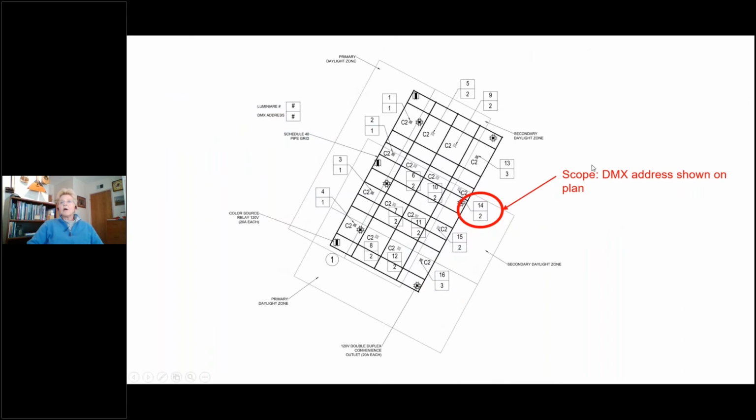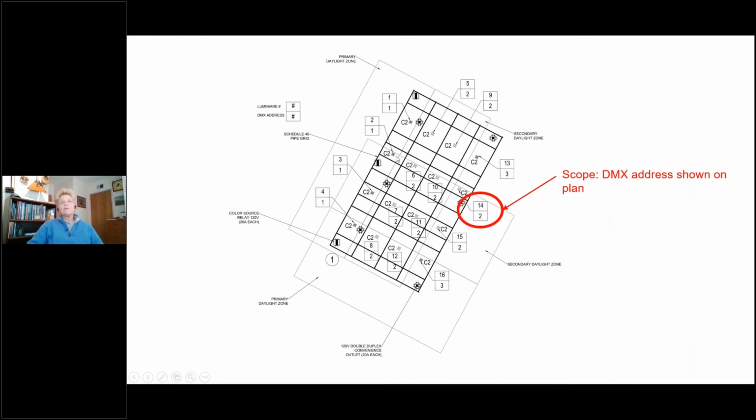And again, to isolate the DMX addresses, showing them on a plan as opposed to showing them in some sort of Excel schedule makes the whole project more visual and a lot easier for a contractor or an installer to read. These C2 luminaires here are part of the house light system, and they are controlled through the DMX system that ties into the control console and or the in-classroom controls.